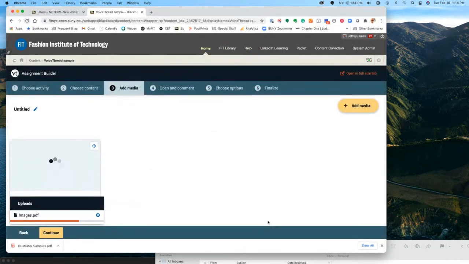Now, what I did was I made a PDF with images. But what I did when I made the PDF is I reduced the file size. When you use reduced file size in Adobe Acrobat, it reduces the images to the maximum resolution of a computer screen because you don't need all that extra resolution unless you're going to print it at a high quality level. Most screens are about 100 pixels per inch, and that's about what you'll get on this. So it takes a few moments to upload.